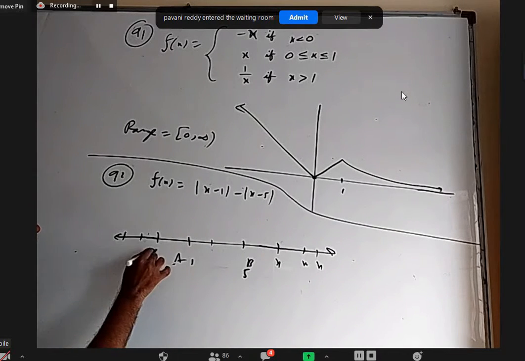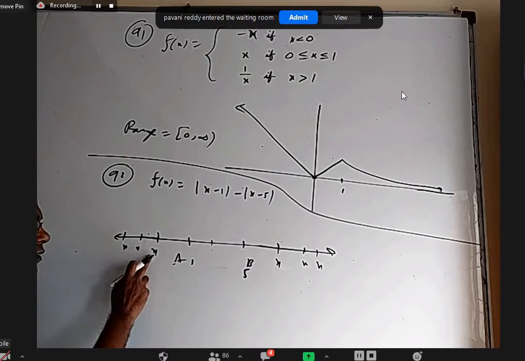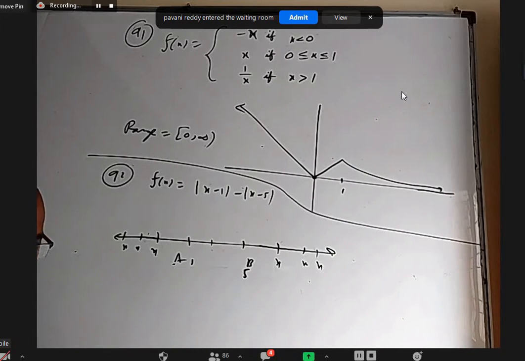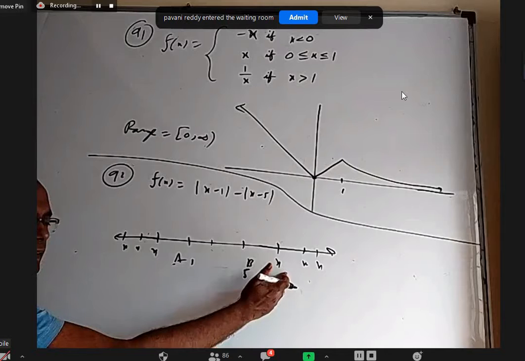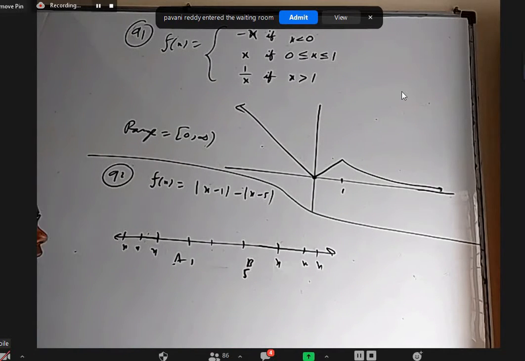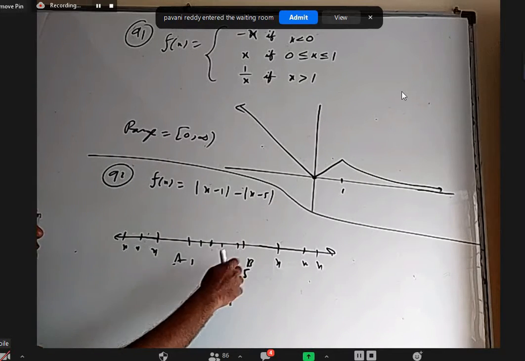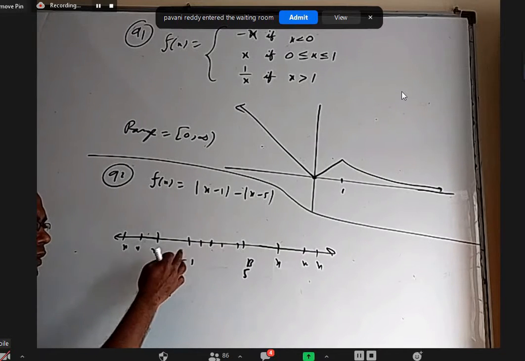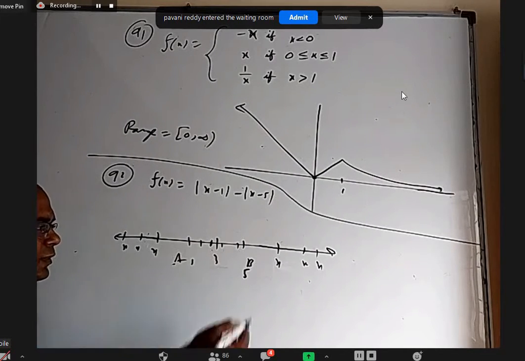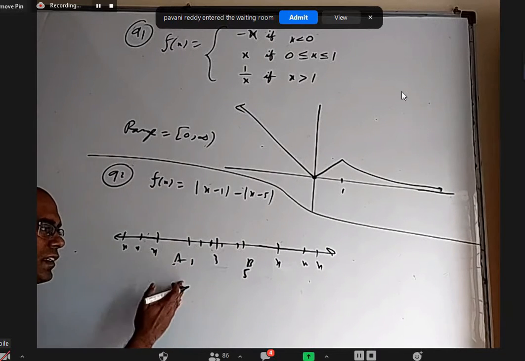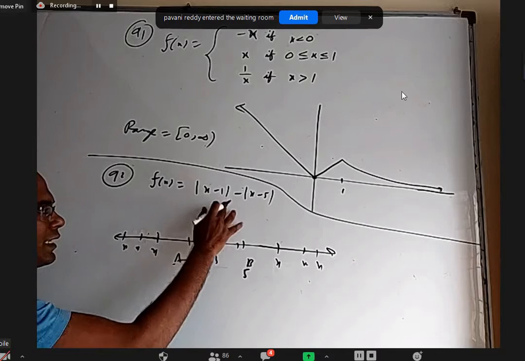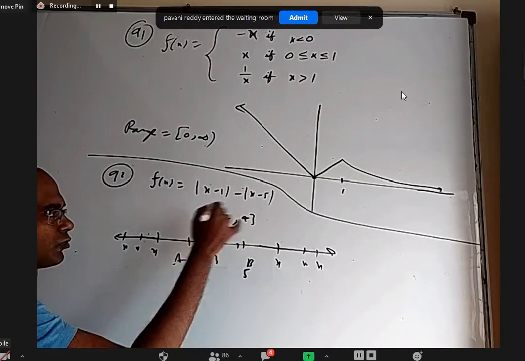What if I take x on this side? What is the distance from here to here minus the distance from here to here? Minus 4. Okay. So when you take any x here, plus 4; when you take any x here, minus 4. When x is close to 5, your answer will be close to 4. When x is close to 1, your answer will be minus 4. And when it is at 3, it will be 0. So when you move x, it changes from minus 4 to plus 4. So the range is the closed interval minus 4 to 4.